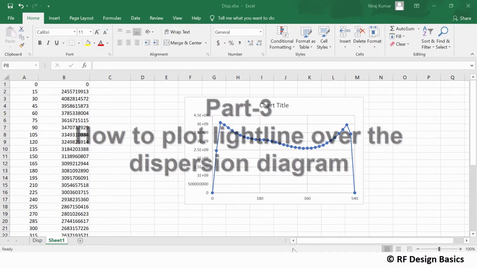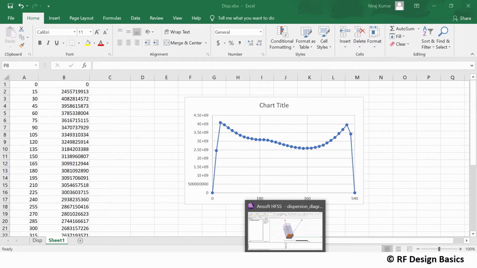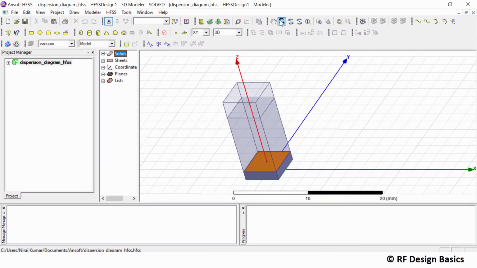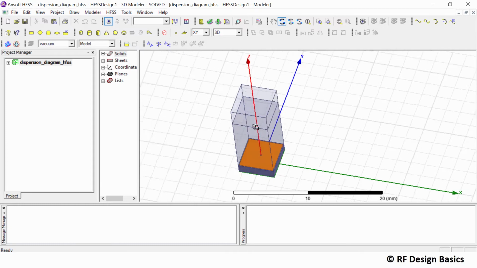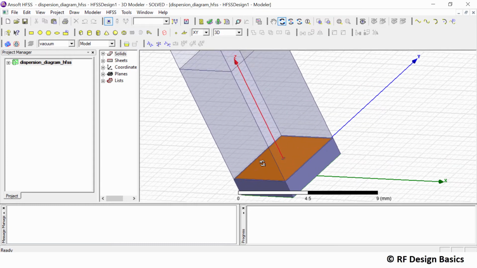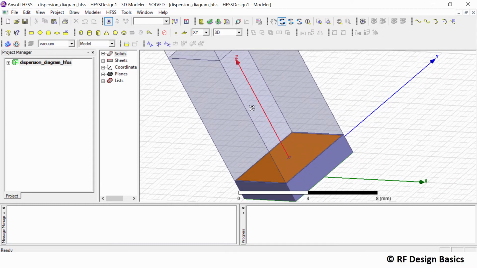So for that you just have to go back to your HFSS design and remove all the materials except the air. So here we have sheet, and we are going to delete all the sheets.